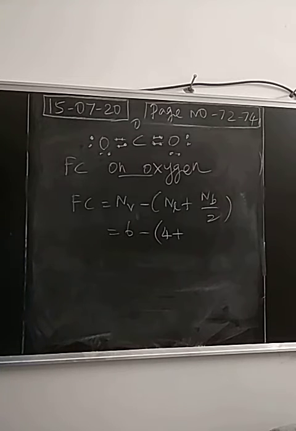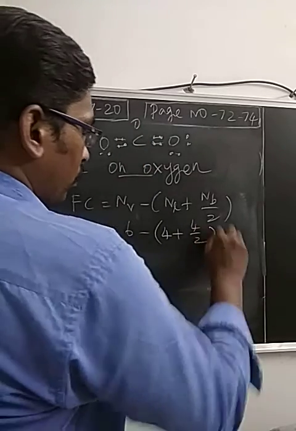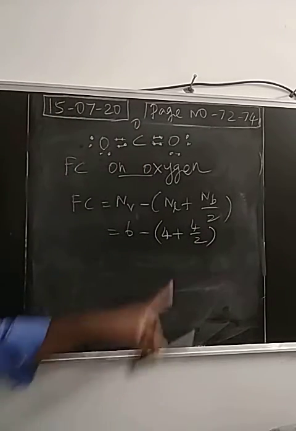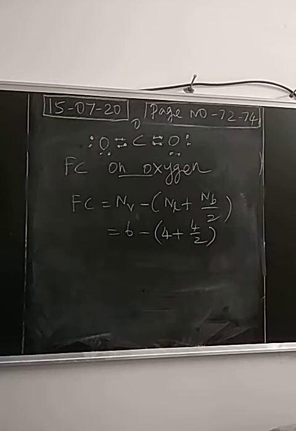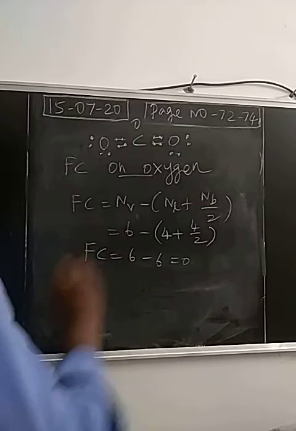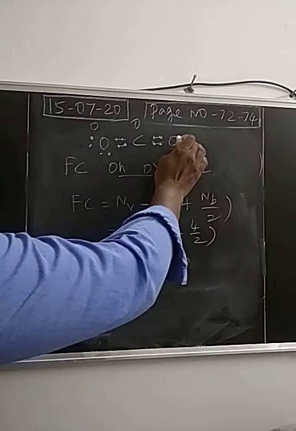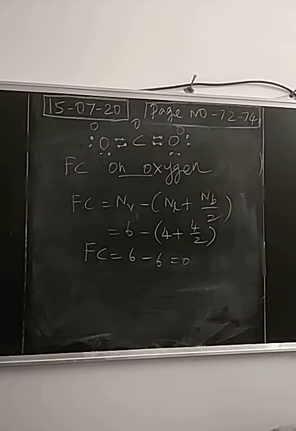Then Nb represents the number of electrons present as bonded pair. So here totally 4 electrons. So Nl is 4 electrons present as lone pair, 4 electrons present as bonded pair. So 6 minus 6, 0. So formal charge on oxygen is 0, and this is also a similar oxygen. Formal charge will be 0. So both these oxygen atoms are similar. They are making a double bond with the central atom carbon, so formal charge value will be 0.